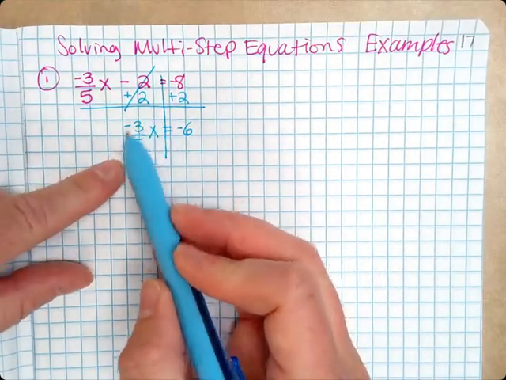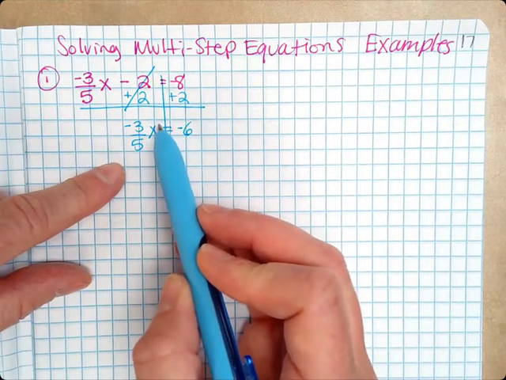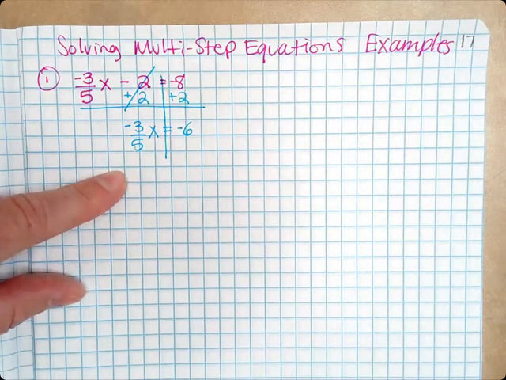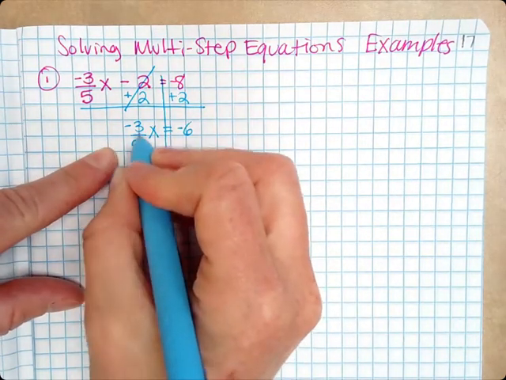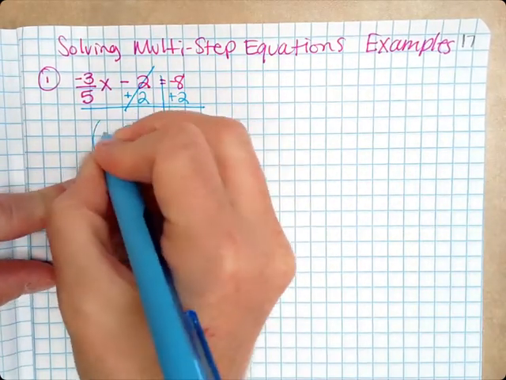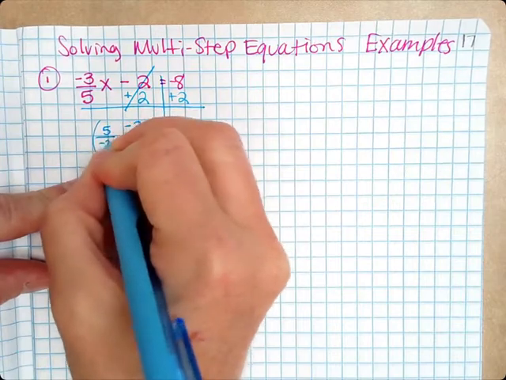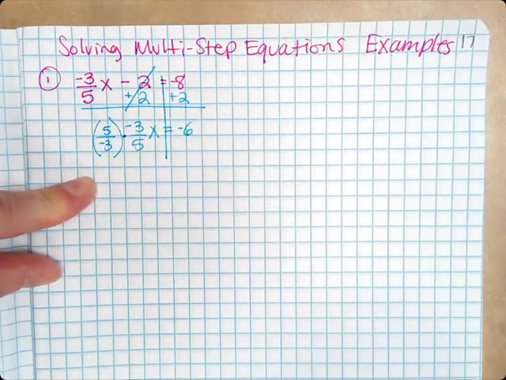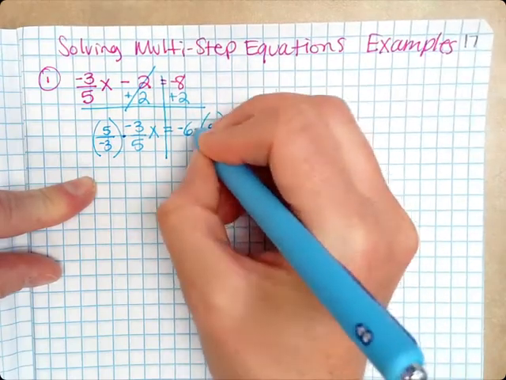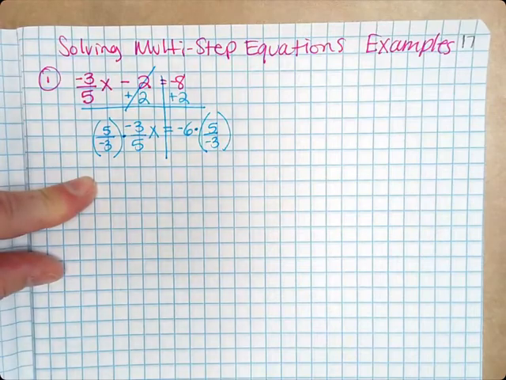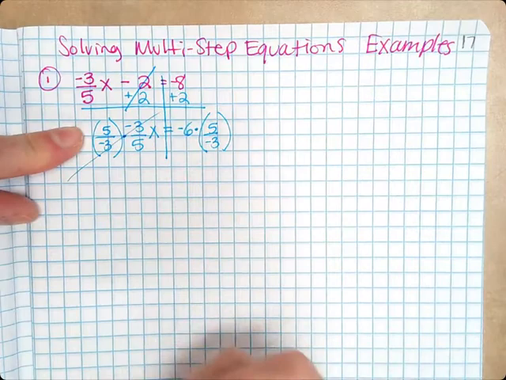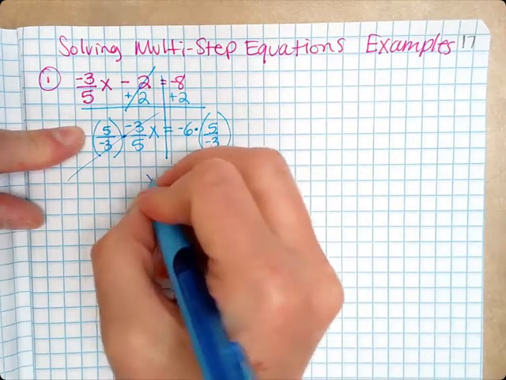So we need to get rid of this fraction that's being multiplied. Multiply by the reciprocal, exactly. Remember, the reciprocal is whenever you flip your numerator and denominator. So I'm going to multiply this times 5 over negative 3 on both sides. On this side, it's going to cancel itself, and we're just left with x equals,